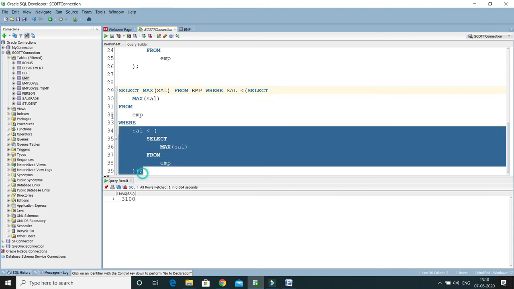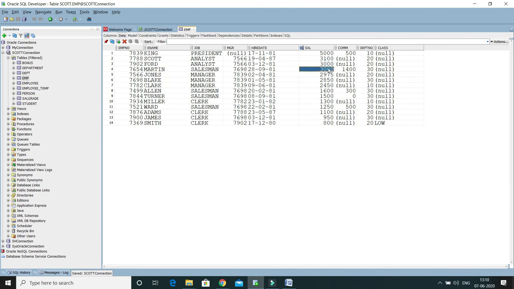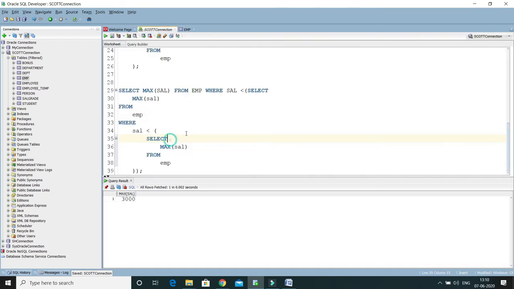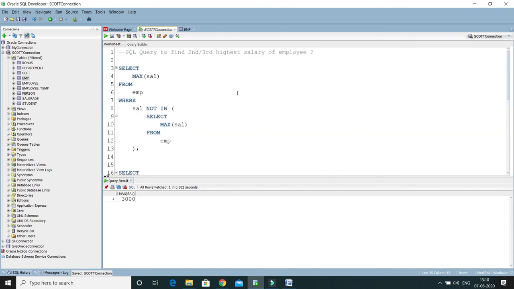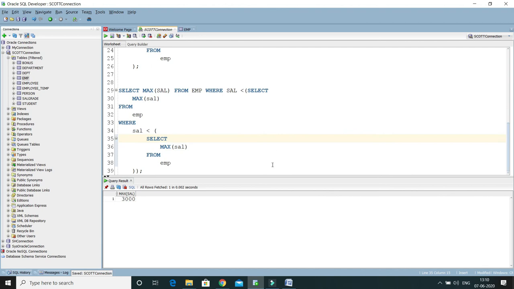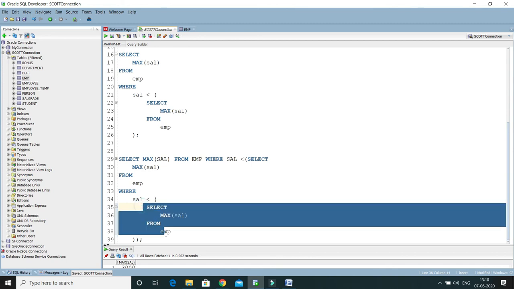Now if I execute this query, then this will give us the third highest salary, right? Third highest salary is 3,000. If you look into the third highest salary 3,000, there are two employees whose salary is 3,000, so one of them will be returned, right? And that's the way to write a query to get the second or third highest salary from employee table, right? I hope you understood. This query is a little slower because we used nested queries, right? Nested subqueries, right?